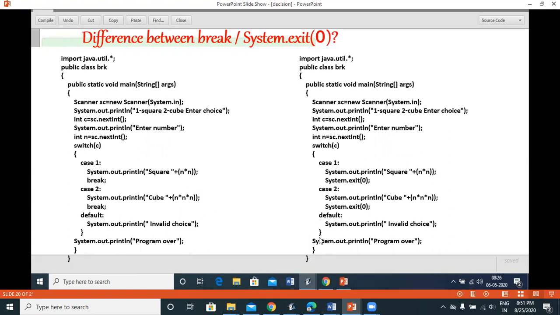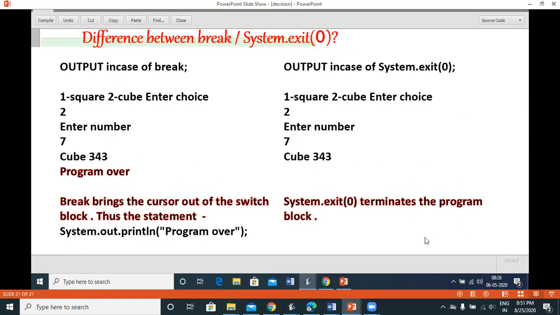The same thing I have specified when using System.exit, but it will not print program over, it will just print 343 and end the program there. So break brings the control out of the switch block, thus the statement System.out.println program over is executed. System.exit(0) terminates the program over there, so there will be no more execution.